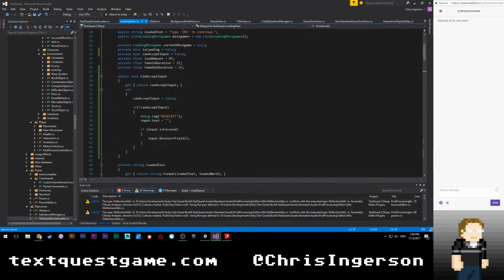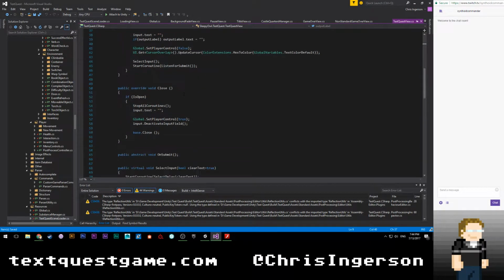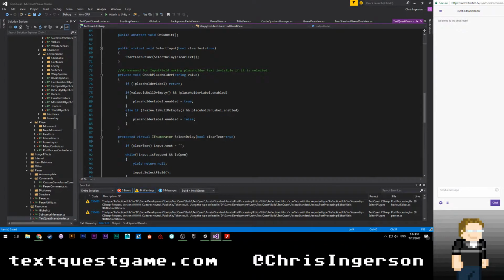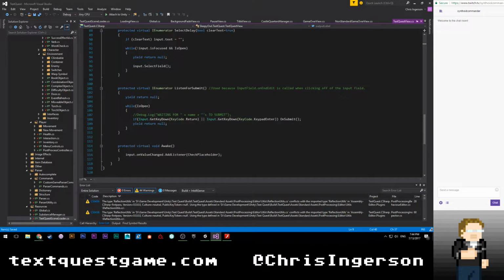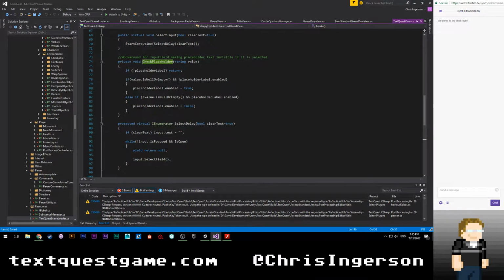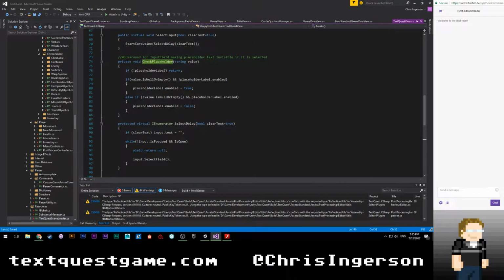I would hope not. I'm going to go to definition here. Do we have an update function going on here? No. Do we have an awake function? Input on value changed. Check placeholder. Well, that's not doing anything, so.